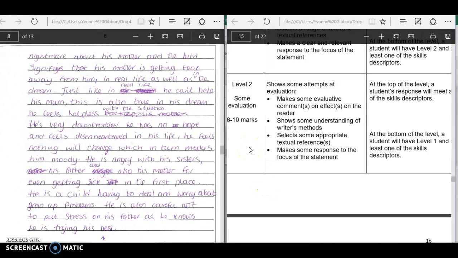So I think if we say 6 out of the possible 20 for that question, which is a shame because you have made some good comments and evaluative comments, but unfortunately a lot of it's based on a part of the text that you weren't supposed to be considering. So make sure next time that you do answer the question from the part of the text that you're asked to do so. So overall that gives you a score of 13 out of 40 for this part of the mock exam.